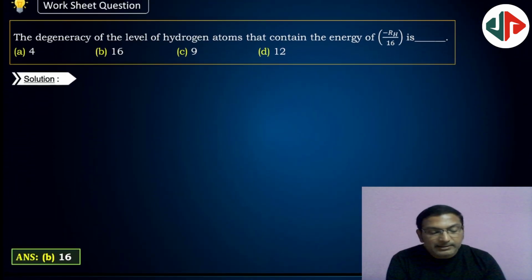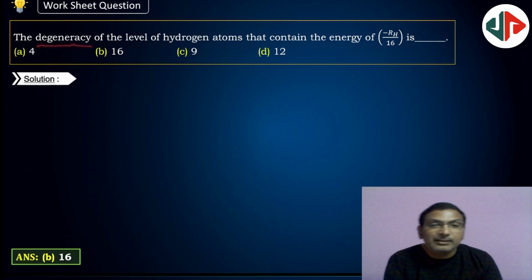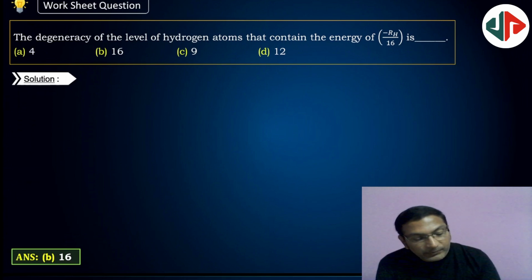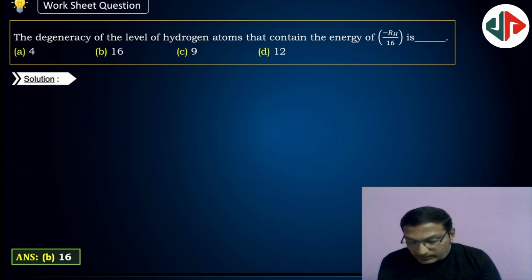The degeneracy of the level of hydrogen atoms that contain the energy of minus RH by 16 is. Here we know what is the meaning of degeneracy. Degeneracy means orbitals having the same amount of energy. Orbitals with same amount of energy. So we know the expression